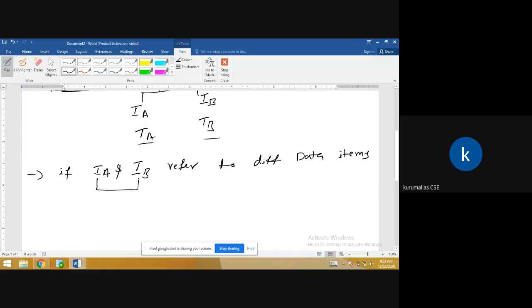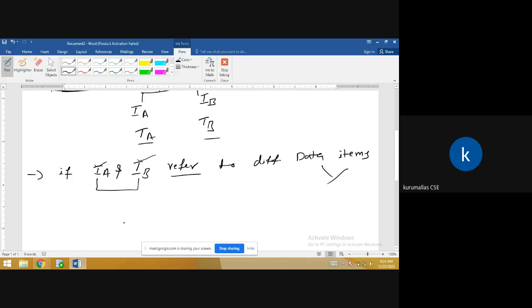If instruction IA and instruction IB refer to two different data items, then it is very easy to swap these types of instructions. The result of swapping these instructions does not have any impact on the remaining instructions in the schedule. We can see what the data item is, and how to represent instruction A and instruction B in the transaction T1